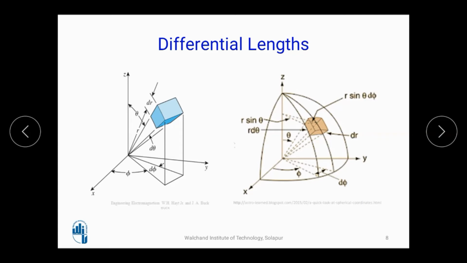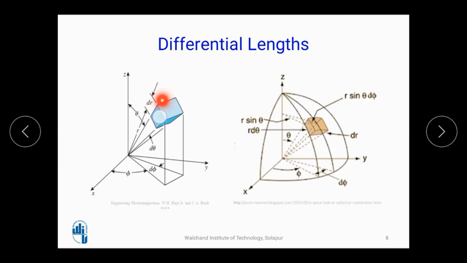Here, this is nothing but r, and this small change is d theta. So this comes to be r d theta. How? Because this is a radius multiplied with the angle. So it is r d theta. And this is phi and the angle is d phi here. So this length should be multiplied with the angle d phi. So what is this length? This length is r sin theta. How? Because this is a perpendicular here, hypotenuse is r and it's the front side. So it is r sin theta. So r sin theta multiplied by this angle d phi comes to be r sin theta d phi.